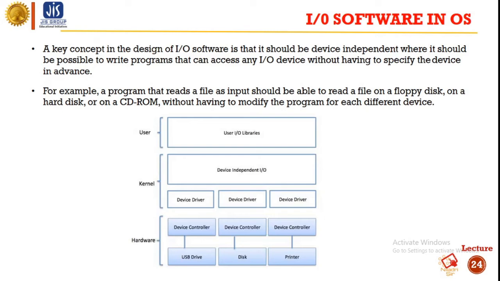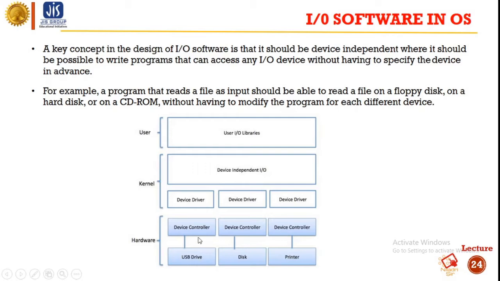As you can see, this is the pictorial representation. These are the user IO libraries, these are the device independent IOs, and these are the device drivers. These are the device controllers and these are the devices. You can see there are three devices: printer, disk, and USB drive.